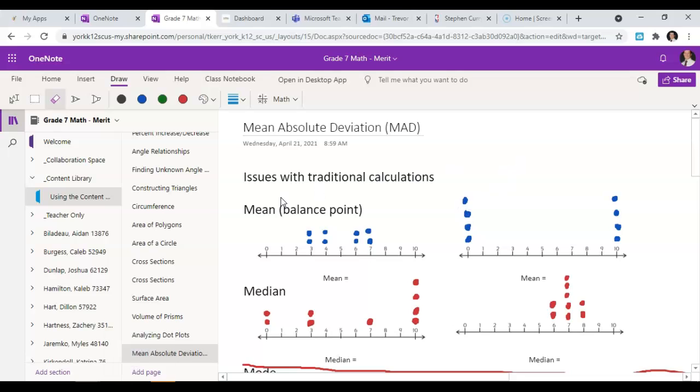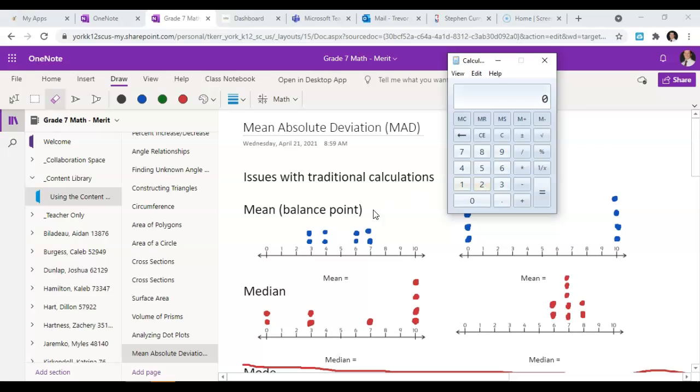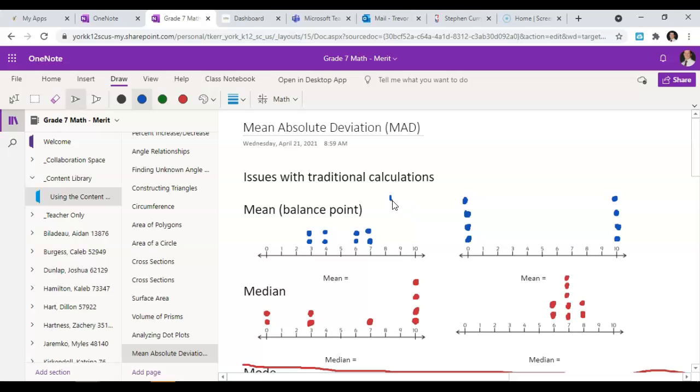Okay. So the first thing is we talked about the mean. And the mean, we said, was you take all of your points, you add them all up, and then divide by however many there are. So I could do 3 plus 3, that's 6. 4 plus 4, that's 8. So add 8. Plus 6 is 12. Again, you'll start to notice if you're good at your mental math, these go a lot quicker to type in instead of typing every single number. Plus, and then 7 plus 7 is 14, so I add 14. So all of these put together make 40 altogether. So that would be 40 total points,